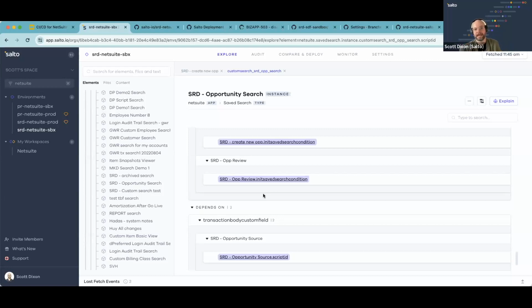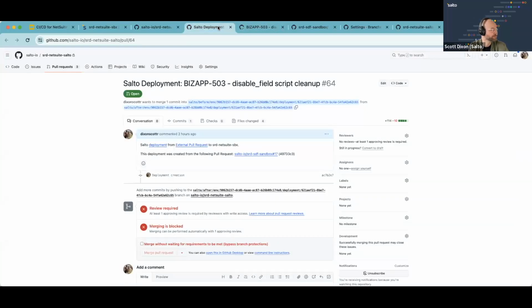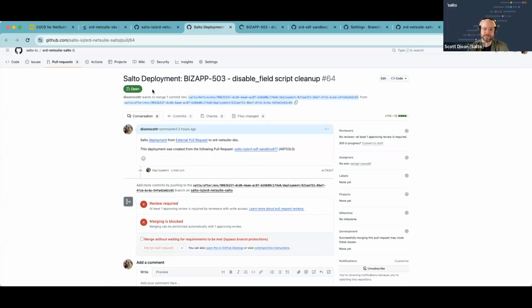Another question from John about how is code testing being done? So that's a great question. Code testing is going to be done as part of whatever external CI provider you choose to use. So for example, with GitHub Actions, if I go back to Salto here, you can create a custom check within GitHub Actions that's going to run a job to test. You can use any sort of testing suite that comes for SuiteScript, but you could also create custom test scripts yourself to test for